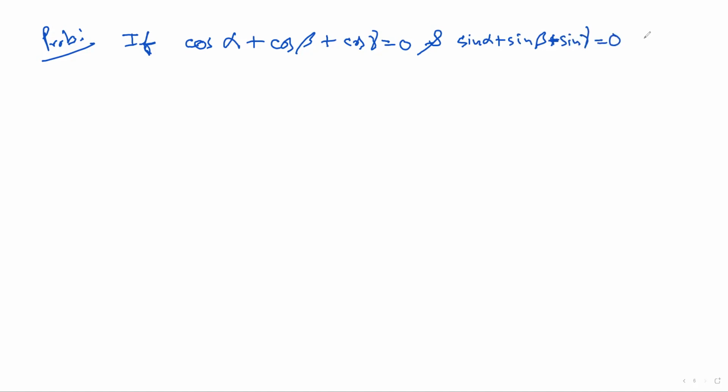If cos alpha plus cos beta plus cos gamma is equal to 0, and similar for sine, sine alpha plus sine beta plus sine gamma is equal to 0, then prove that